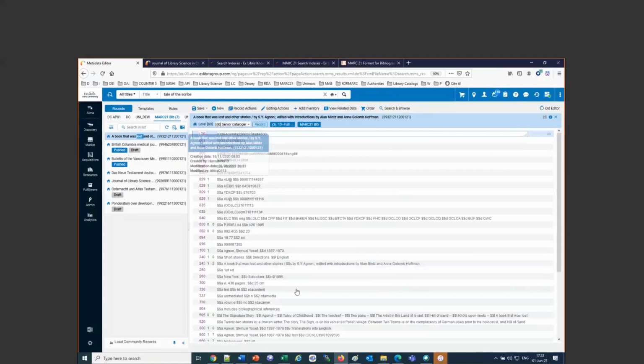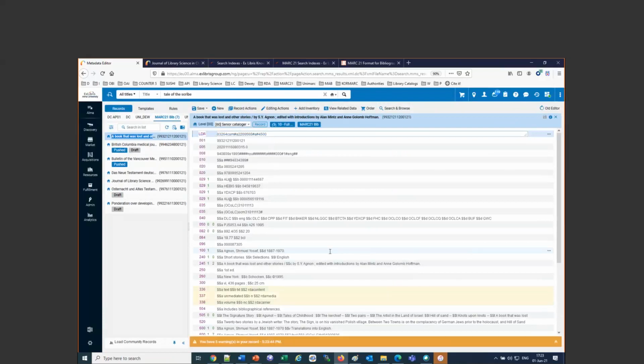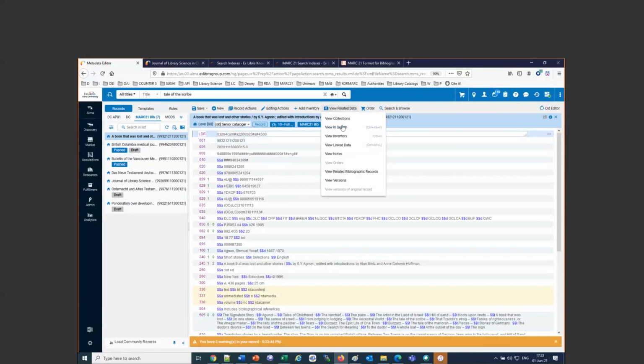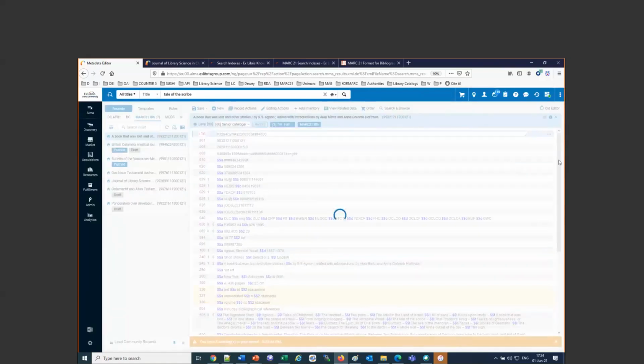Okay, so here I'm in the short story now. I'm not in the article. I'm in the short story that includes the scribe. So here, if we say view related data, view related bibliographic records,